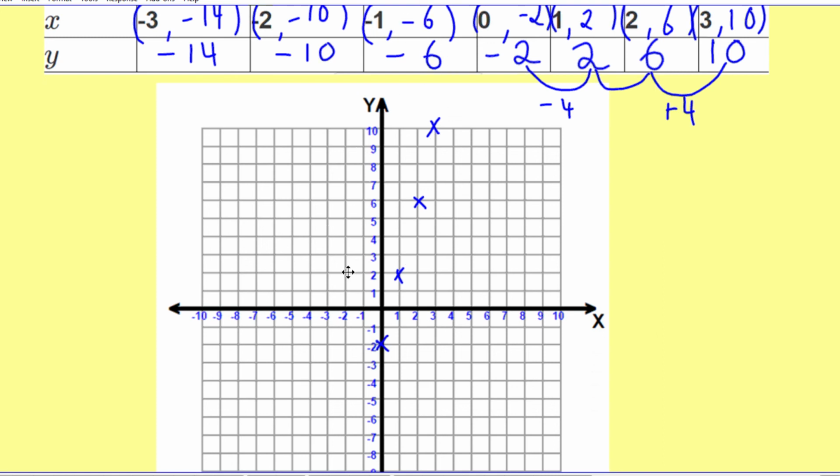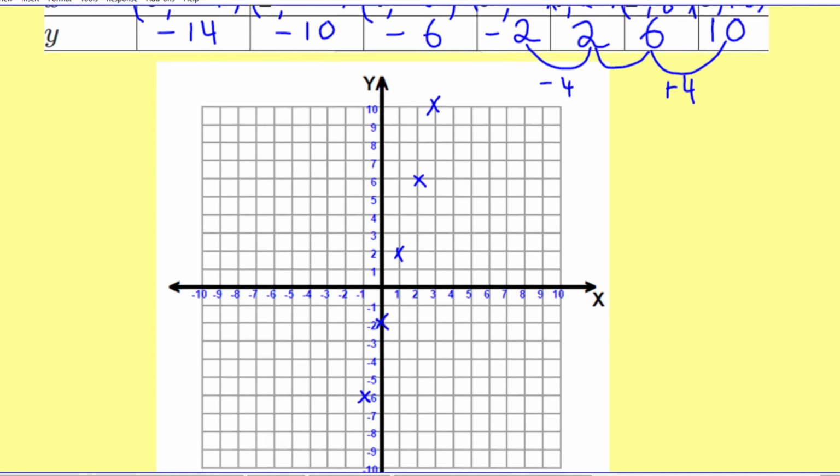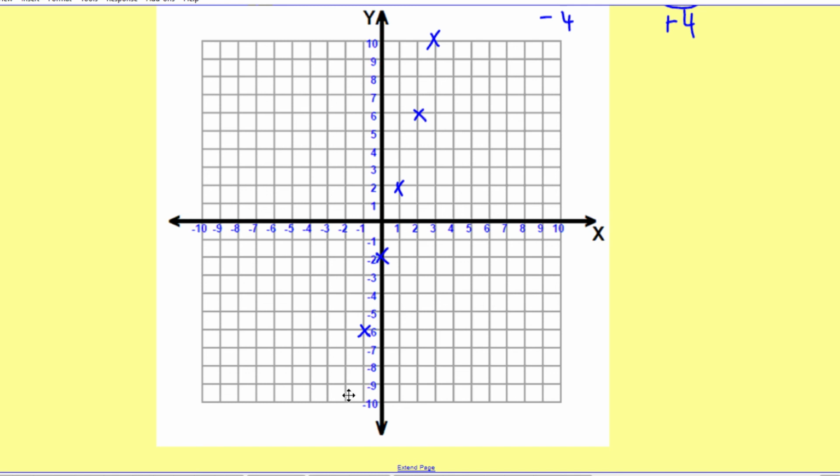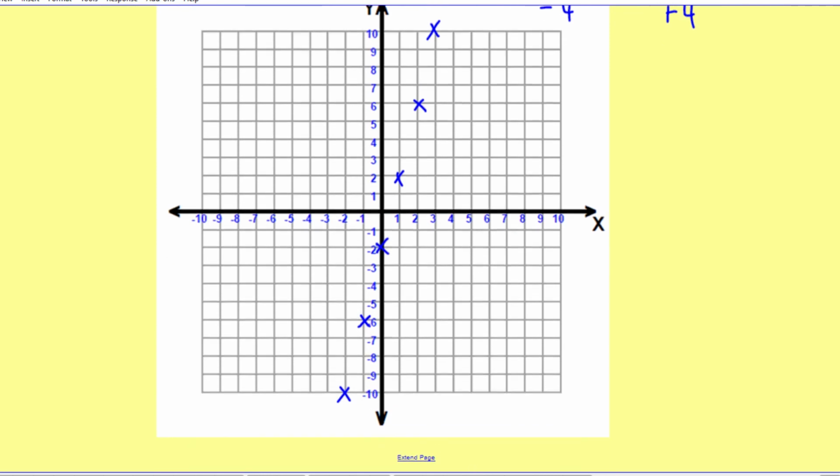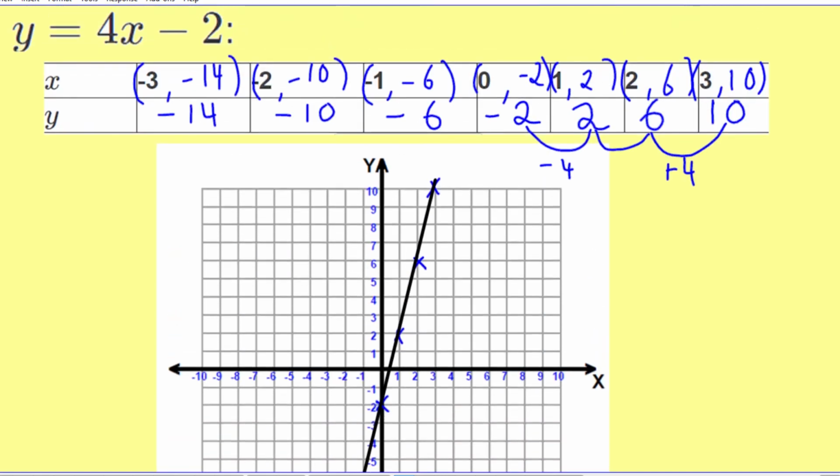Minus 1, minus 6. And minus 2, minus 10. Again, I can't get the next one on, so I'm just going to leave it as that. Again, they look like they're all in line, so let's check by drawing a straight line from the first point to the last point, and yes, they're all on the line, so we know that this line is correct, and the name of this line, if we want to label it, would be y equals 4x